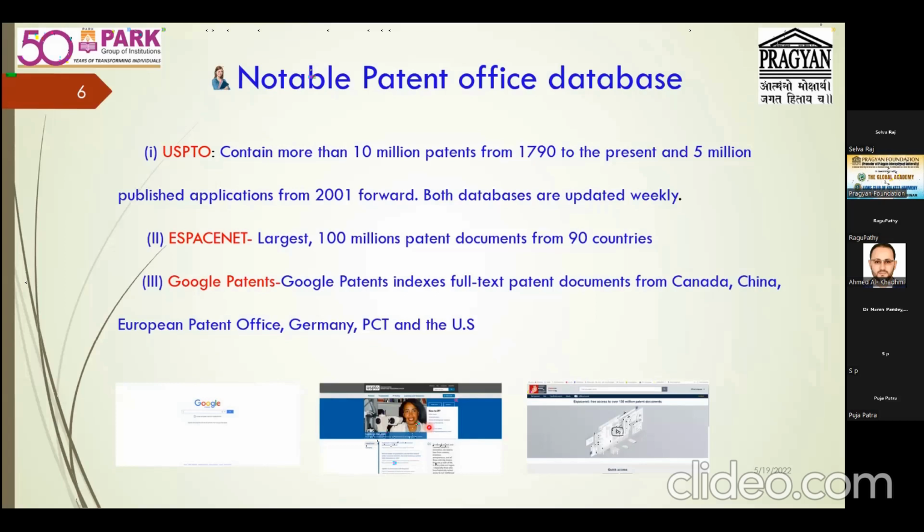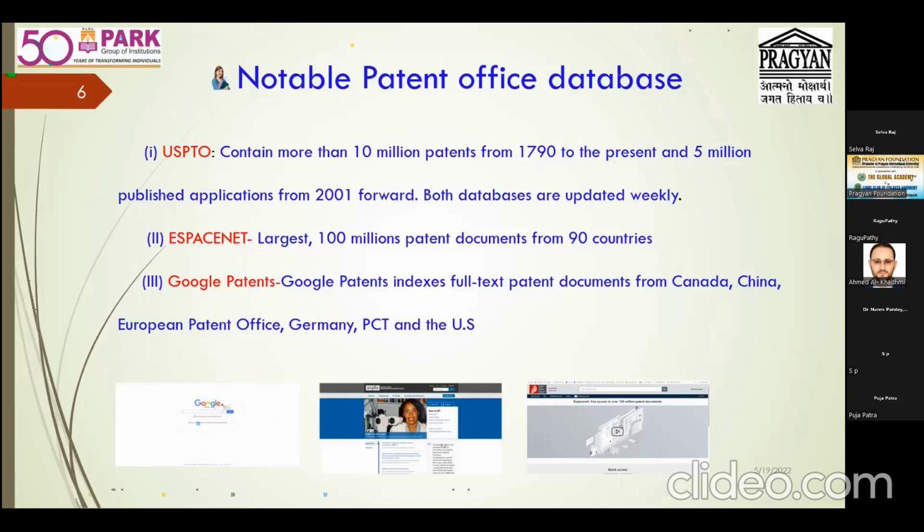So when we come across notable patent office databases, when you go for Google Patents, it has n number of already published patents. Like a literature review, scientifically, when you go for publications in scientific journals, we have literature reviews. So like a journal, here we have databases like Google Patents, the Google Patents portal. It is a website search. By making use of some keywords, we can search published patents, or sometimes even granted patents may be possible here.